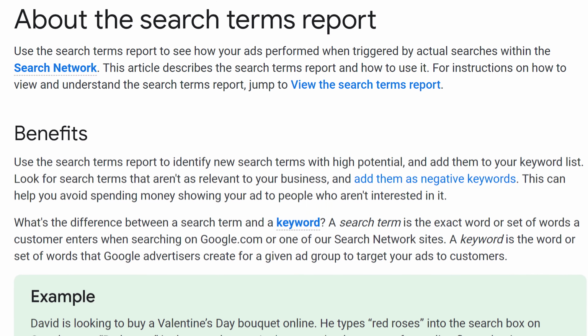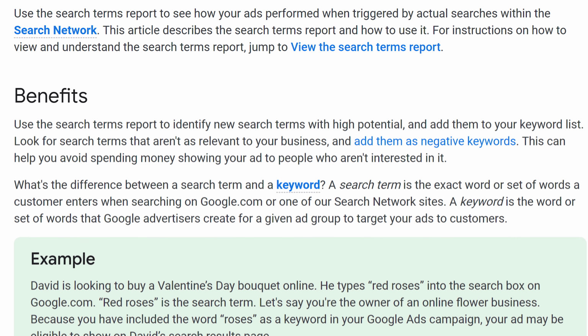Running your own Google Ads isn't always the easiest thing to do. There's always platform changes happening, things coming and going. The interface is often not that user friendly. But if there's one thing you're going to do effectively when running Google Ads for your business, then I want to stress the importance of using what we call the search terms report to make your Google Ads advertising more